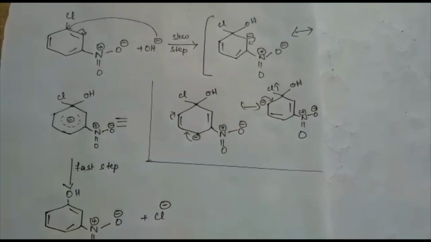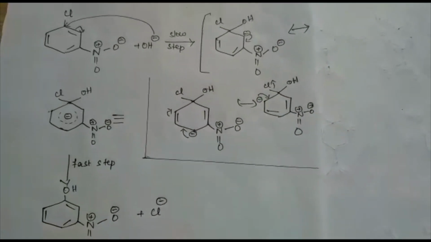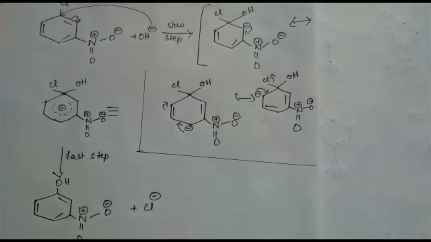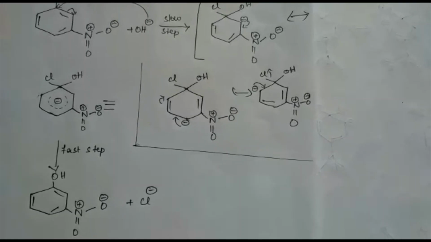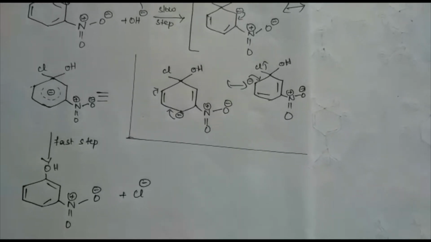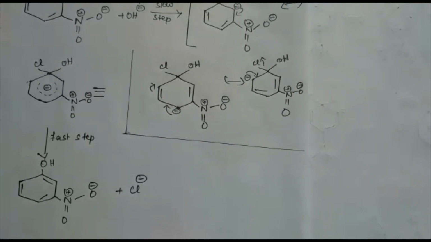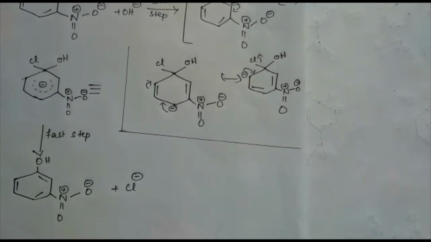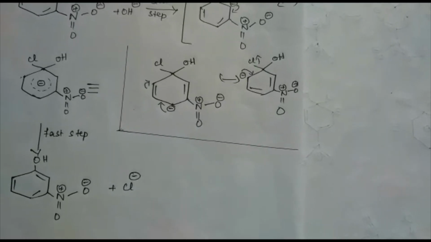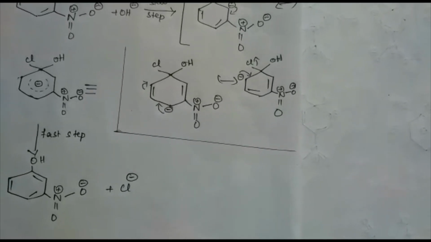What do you think? Why does the NO2 group show its effect only at ortho and para position and not at meta position? The presence of the nitro group at ortho and para position withdraws the electron density from the benzene ring and thus facilitates the attack of the nucleophile on haloarene. The carbanion thus formed is stabilized through resonance. The negative charge